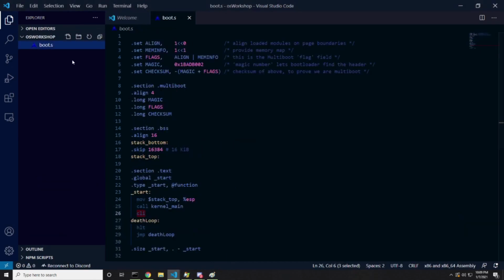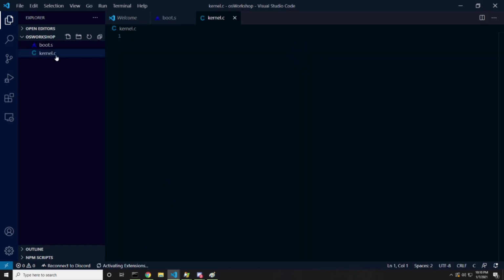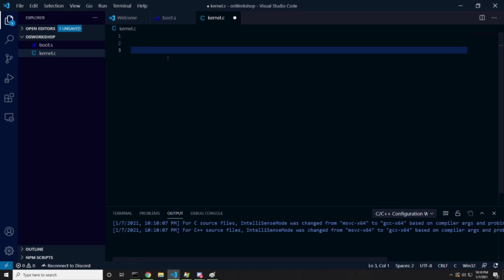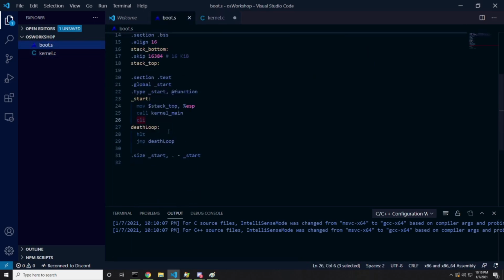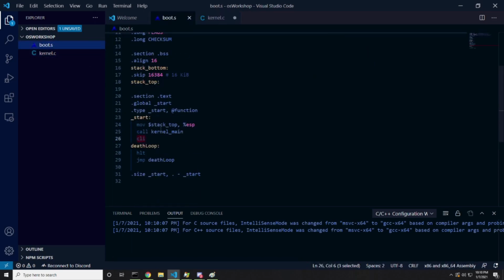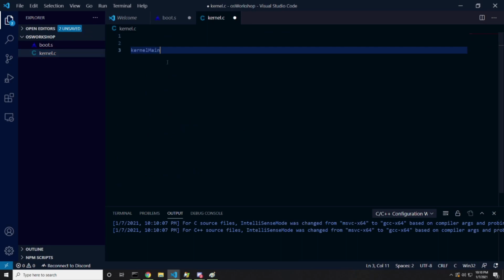So let's go back and actually create now. We're going to call this kernel.c. And this is actually going to be our kernel. So what do we name our kernel? Well, we say we're calling kernel main. I don't like that name. I'm going to call it kernel_main without the space and with a capital. So kernel main, I'm going to say that this is